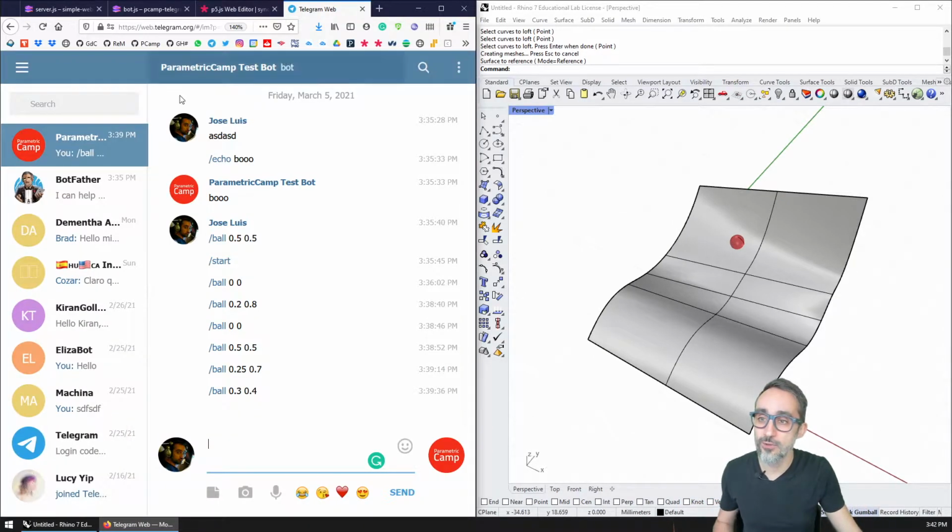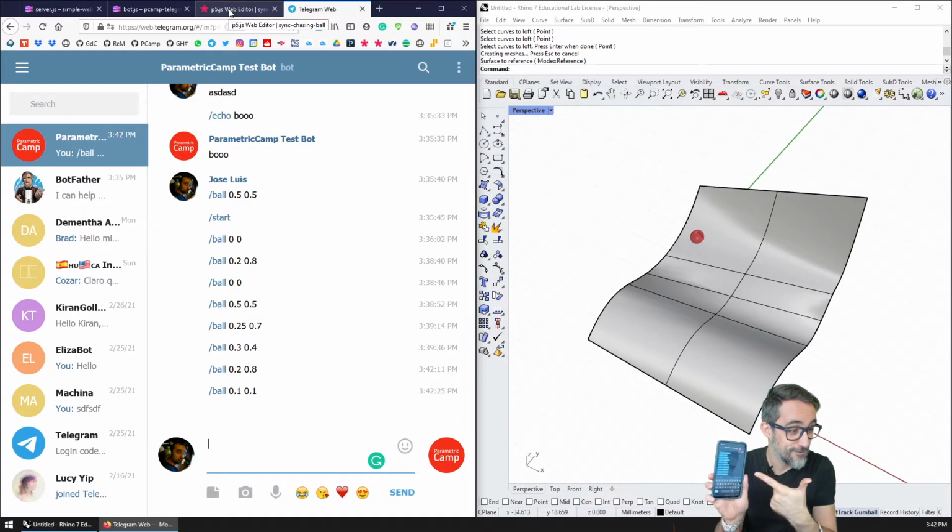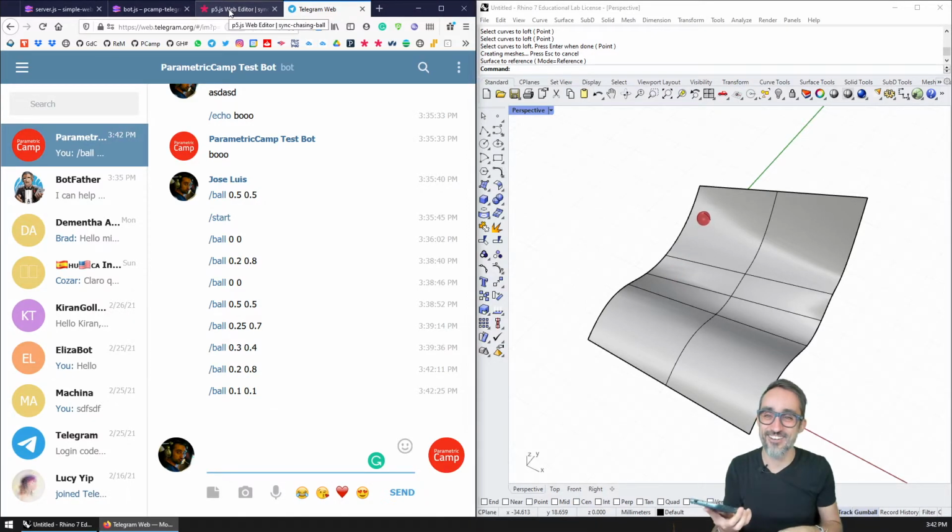how we will be able to program a Telegram bot where we can type, for example, "Can you take the ball to relative coordinates 0.2 and 0.8?" and then make the ball move to that point. Or where I will be able to actually do that from my physical phone. So for example, "ball to 0.1 and 0.1," and then the ball, boo! I just did that with my phone right now. It's going to go to that corner.